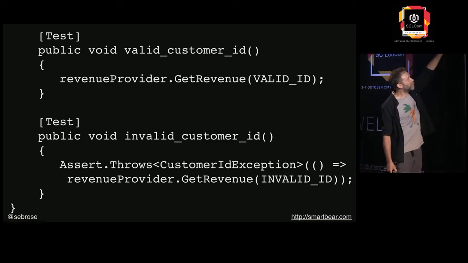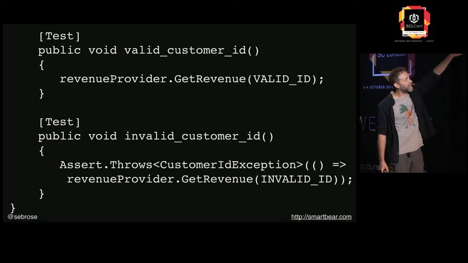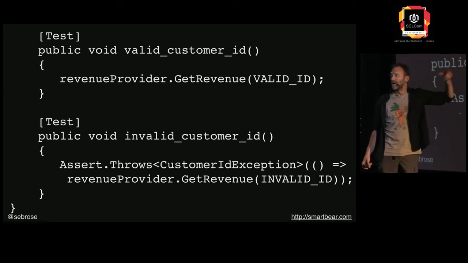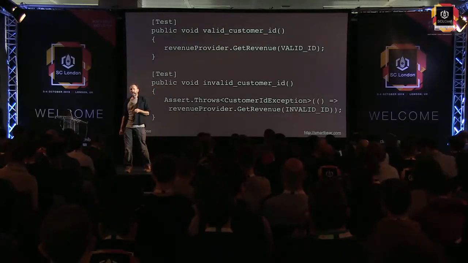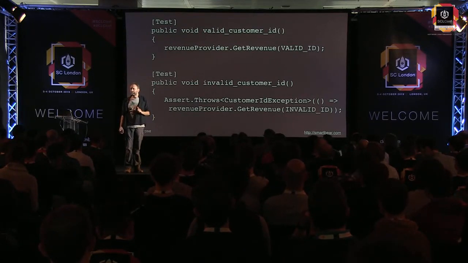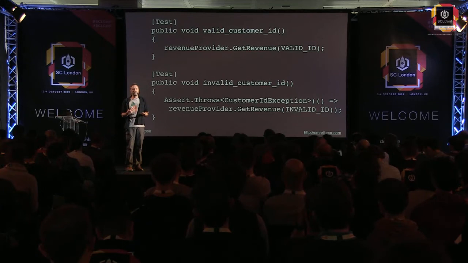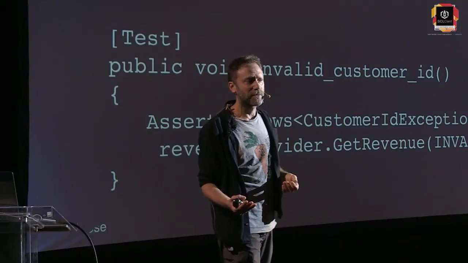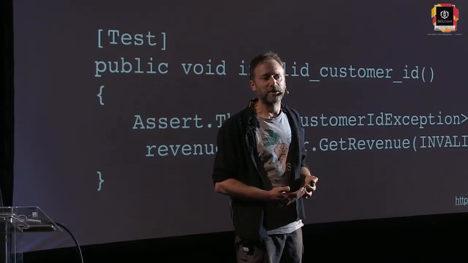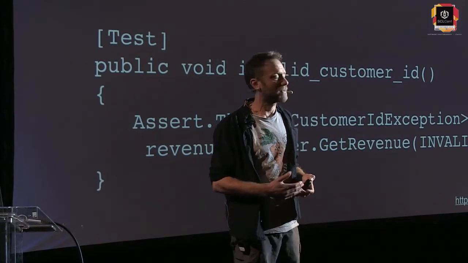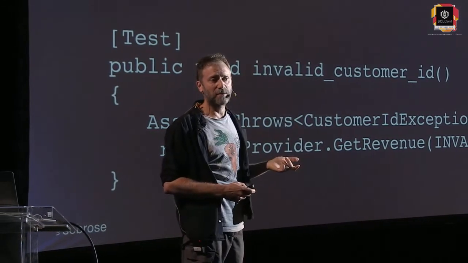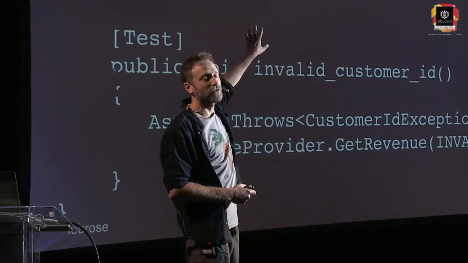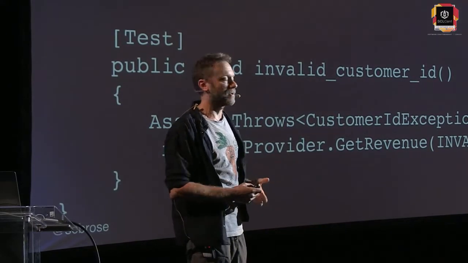So the one at the top is quite easy. It says valid customer ID. So this is the behavior that we expect from a valid customer ID. Note that despite what was said earlier on today, this is a test that has no assertion. You may not like it like that, but essentially I don't want to check that I'm getting any particular value back, because when I'm running against the production system, I'm not going to know what the revenue is, or rather, I don't want to have to care about what the revenue is. What I want to know is that if I pass in a valid customer ID, no exceptions are thrown, and something gets returned. And I know, because this is a strongly typed language, it's going to be a decimal, because otherwise it wouldn't work.